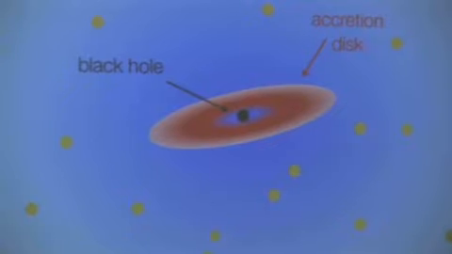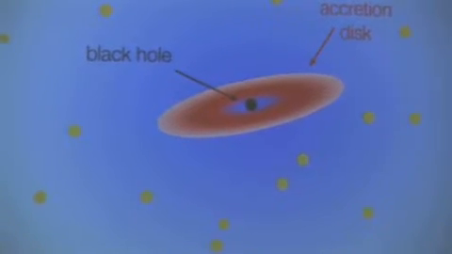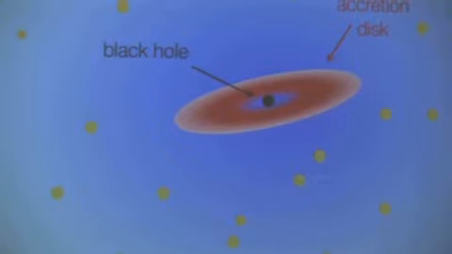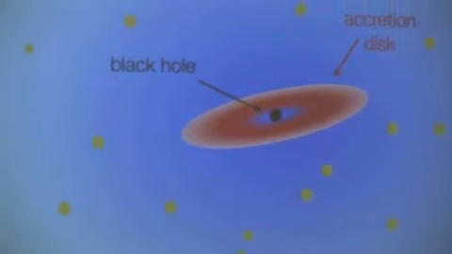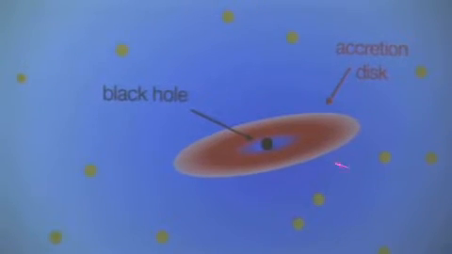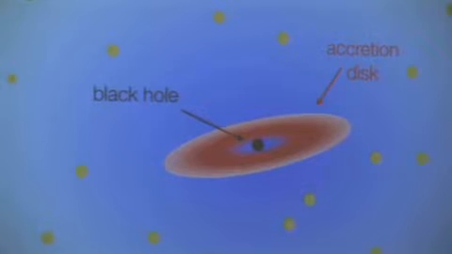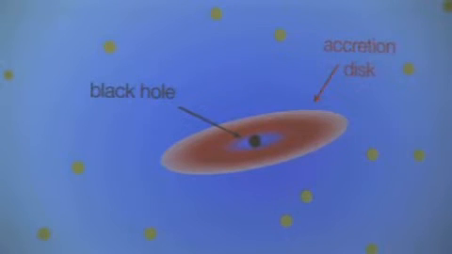So inside a quasar, we have a supermassive black hole with mass from millions up to even billions of times the mass of the sun. Surrounding that is an accretion disk, a disk that is composed of gas orbiting and spiraling into the black hole and heating up tremendously. And that gas, as it falls into the black hole, is radiating away a tremendous amount of energy in the form of X-ray light, ultraviolet light, visible wavelength light. This accretion disk is extremely hot and glowing because it's so hot.